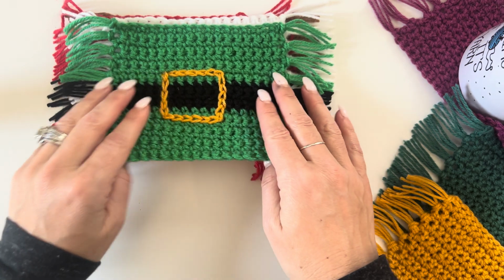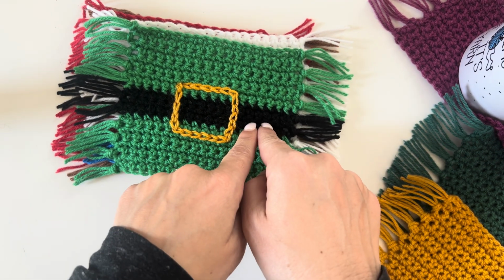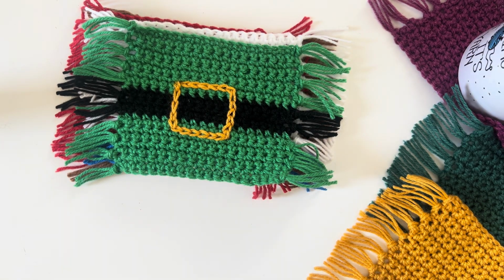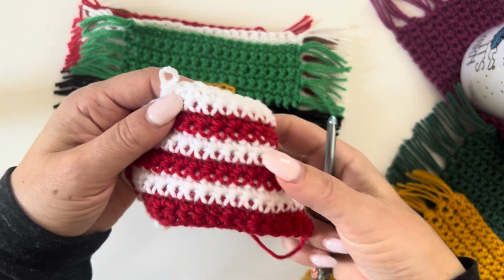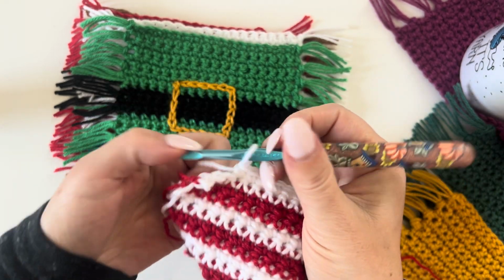This is the little elf one. You're gonna be doing 8 rows of green, and then you're gonna be doing 4 rows of black, and then 8 more rows of green, just so you can see how to change color. I have, where's my hook? I'm making a candy cane stripe. So I'm just ending here with the white,